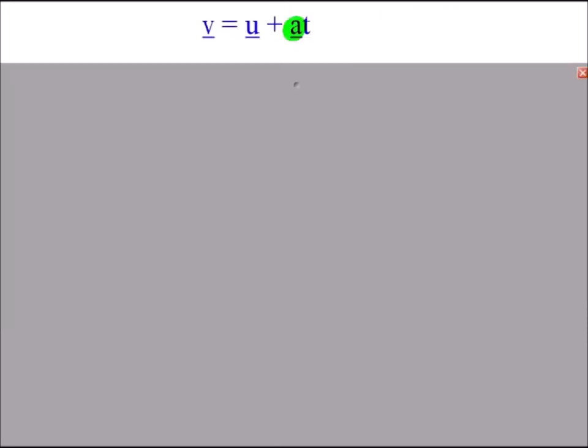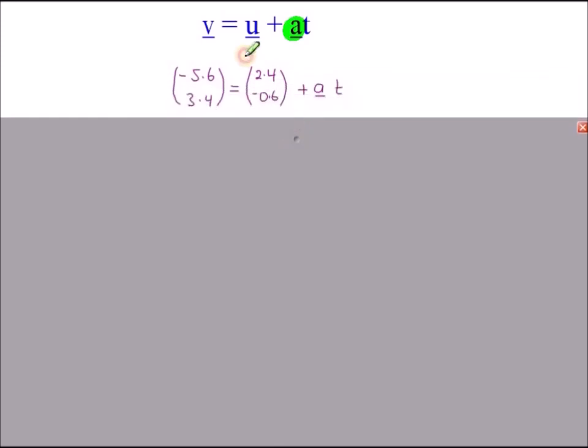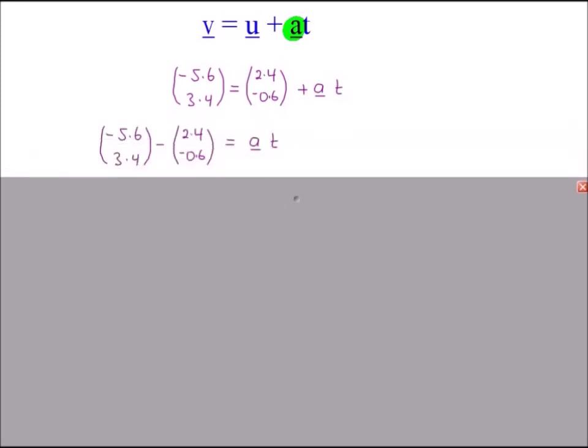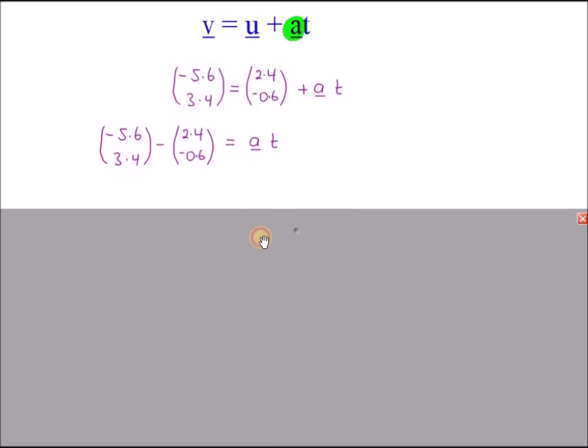Now the same problem done using column vectors will have the following working out. So this is just v equals u plus at, rearranging, simplifying,